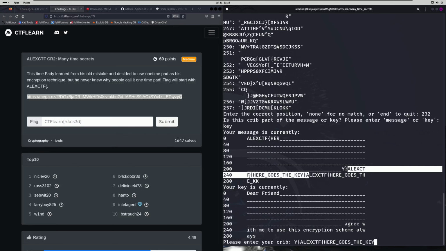We can see ALEXCTF, "here goes the key," and that's the full flag format. So our flag does end up being "here goes the key" in the ALEXCTF flag format. We'll copy that, paste it in, clean it up,